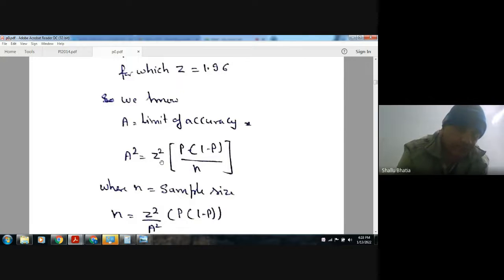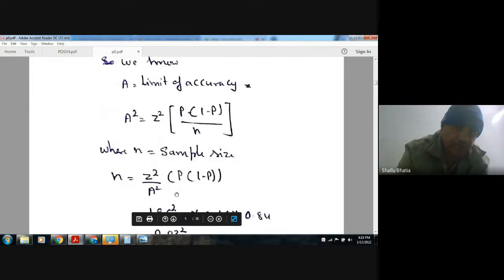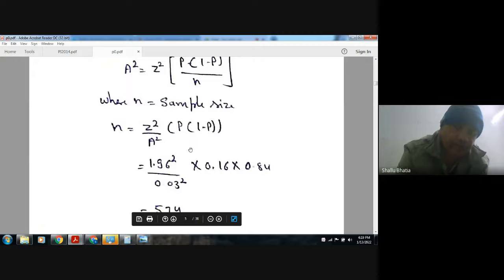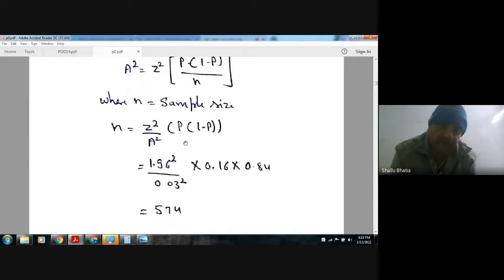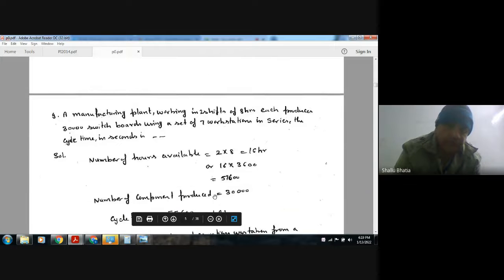And z is the confidence level at 95%. Okay, so this is your z. So putting in these values, P is the probability of finding the idle time, and 1 minus P is the probability of finding the activity. So putting in these values, we can get N, that is 574. Next,